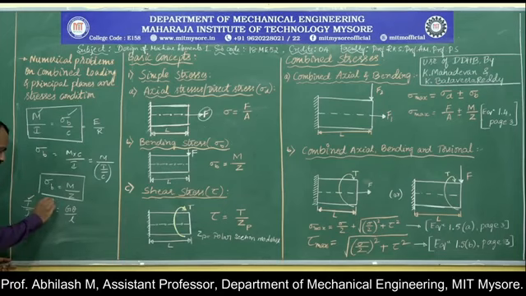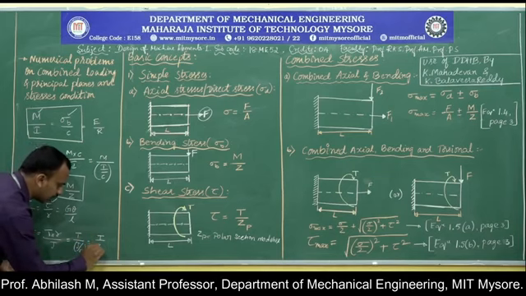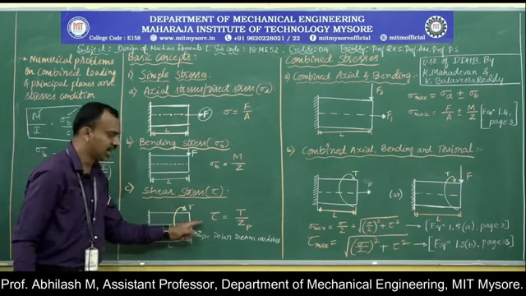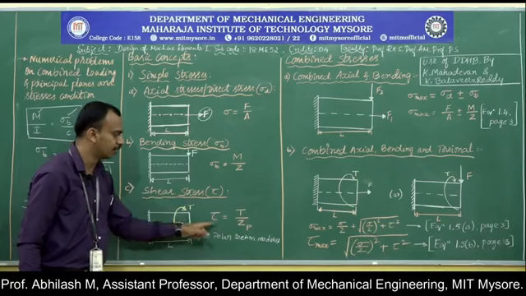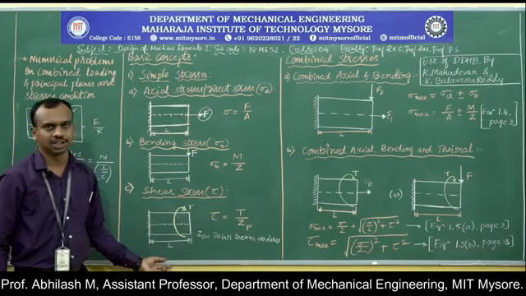Because of the applied torque, there is some amount of shear stress that is developed. In order to calculate this shear stress, I am going to replace tau. This tau will be equal to T into R divided by J. If I move the R from the numerator to the denominator, it will become J divided by R, where this ratio I am going to call the polar section modulus, which is Zp. So the shear stress for a member subjected to a twisting load is given by T divided by Zp, where Zp is the polar section modulus.